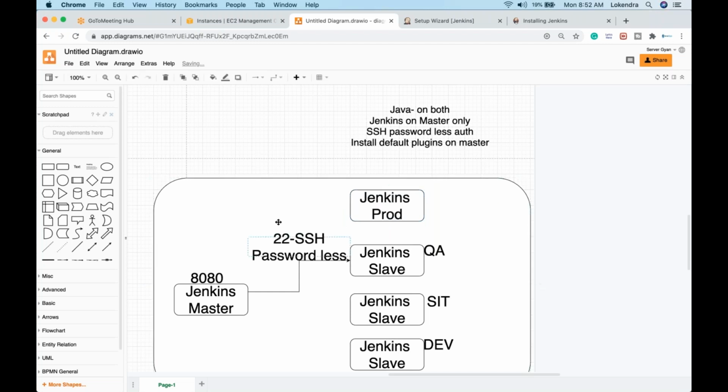Let us remove it, because I hope we are clear with that component. Either we can deploy a job from Jenkins to an environment.